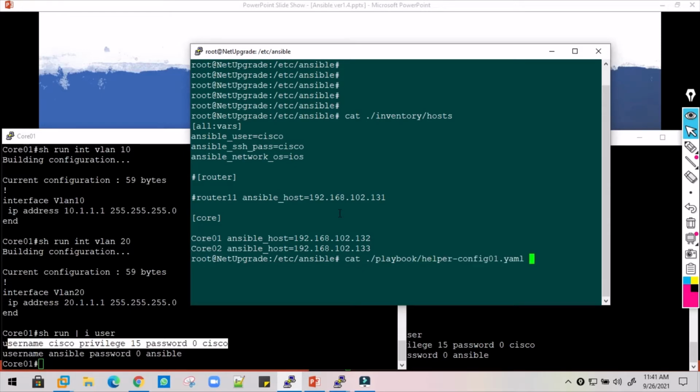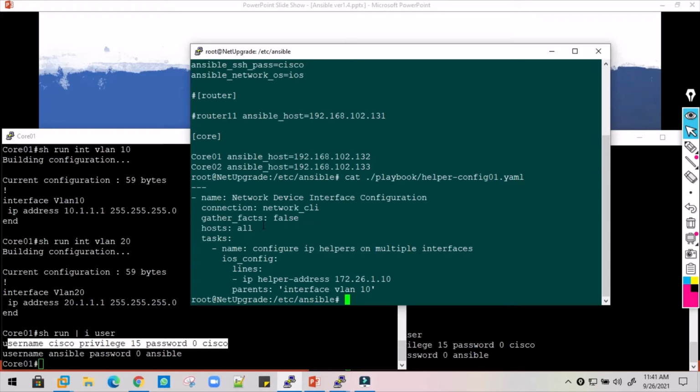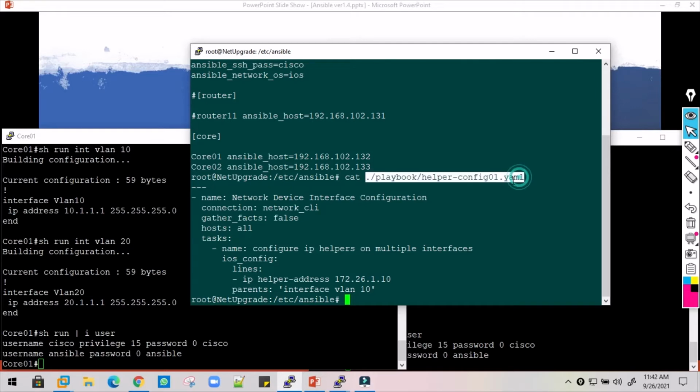Now let's verify what exactly it needs to do when it jumps into the device. We specified it in one of the files, under the folder, which is playbook helper config 01.yaml, a YAML file. What will it do? It will start the play, whose name is configure network devices. When it jumps into the device, it will use the connection type network CLI.